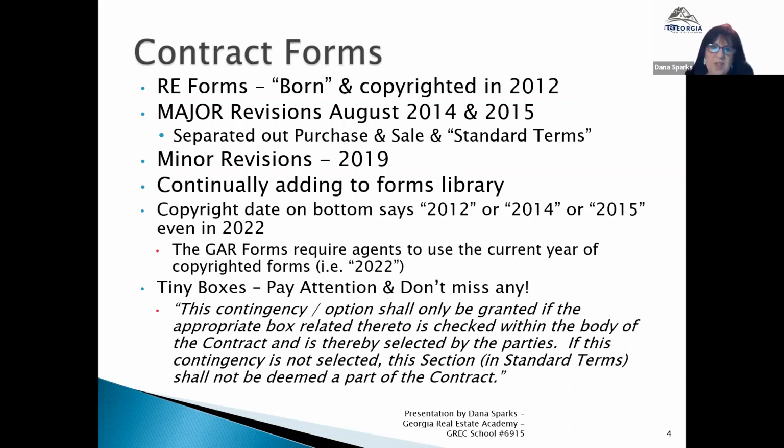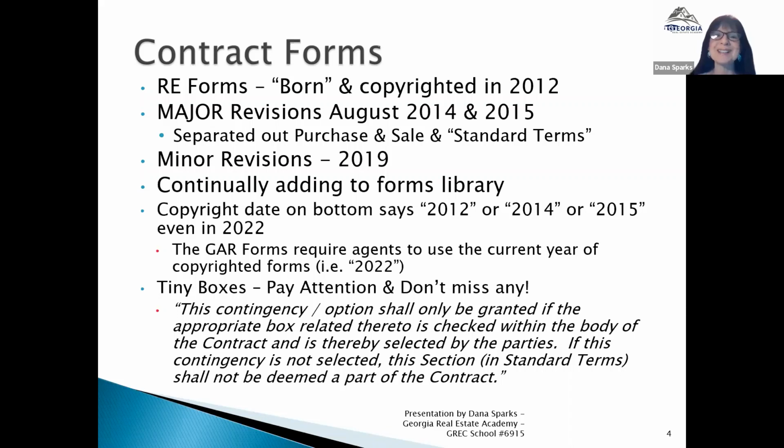Basically, they were born in 2012 because of GAR, the Georgia Association of Realtors. Those contract forms, copyrighted and licensed by the Georgia Association of Realtors, were predominantly the main forms that all agents in Georgia used, definitely Metro Georgia. I believe it was other places too, but I can't speak to other areas. I have only been practicing in the Metro Atlanta area for 27 years, so I'm not quite sure what forms other parts of the state were using, but GAR is a state entity. The majority of agents have readily available access to the GAR forms. After the